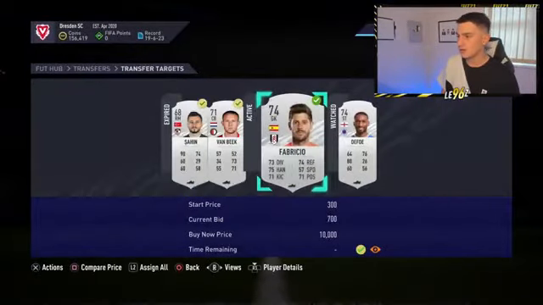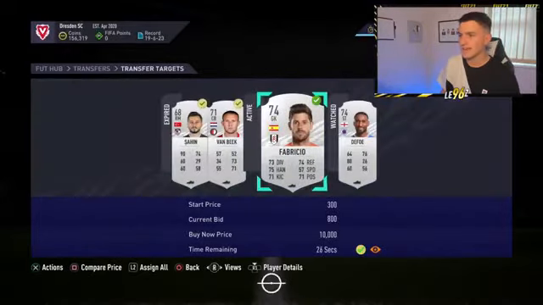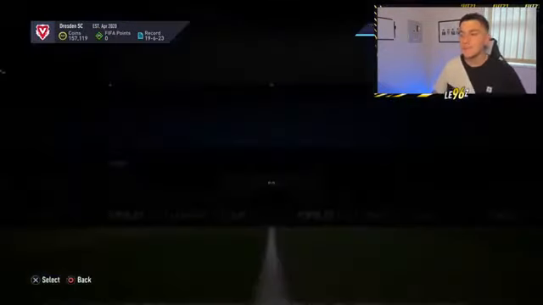Okay, I'm not too sure what just happened then. I'm getting outbid on this card. That's absolutely fine. He's outbid me. We've picked up one at 800 coins. That's fine by me. And basically, I've said that this is one of the fastest ways to make coins in